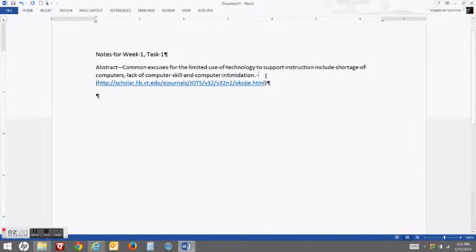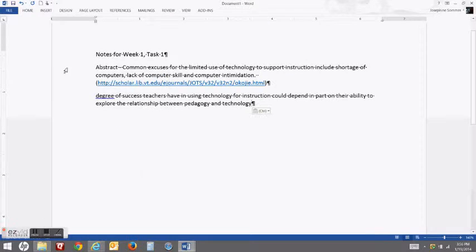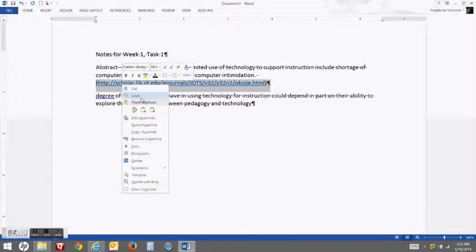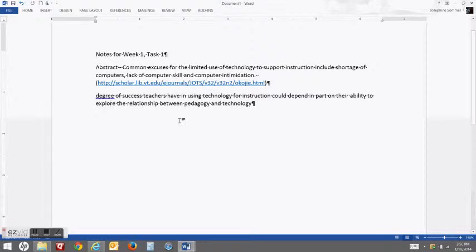And since those are on the same sites, I am going to copy and paste it there, and then I'll copy the site again, and I'll paste that below again here. Okay, and that way I know where each of my statements or notes have come from.